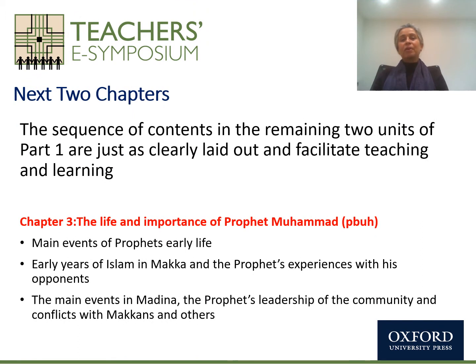Chapter 3 of Part 1 deals with the life and importance of the Prophet Muhammad, peace be upon him. It covers the main events of the Prophet's early life, the early years of Islam in Makkah, and the Prophet's experiences with his opponents. It covers all the topics that are needed to study here: the migrations to Abyssinia, the boycott, the migration to Yathrib, the oppositions that the Prophet and his companions faced, and then the chapter goes on